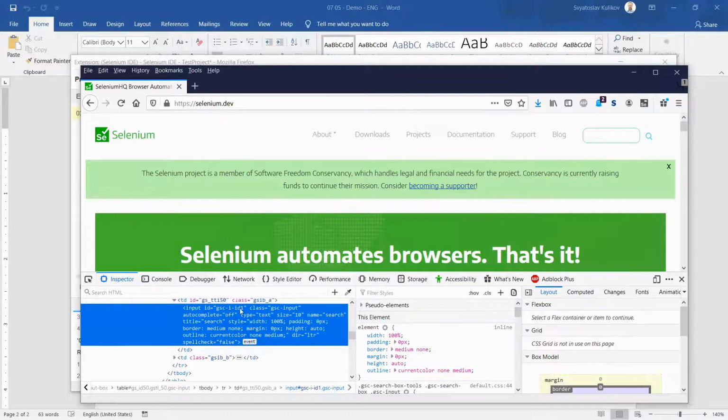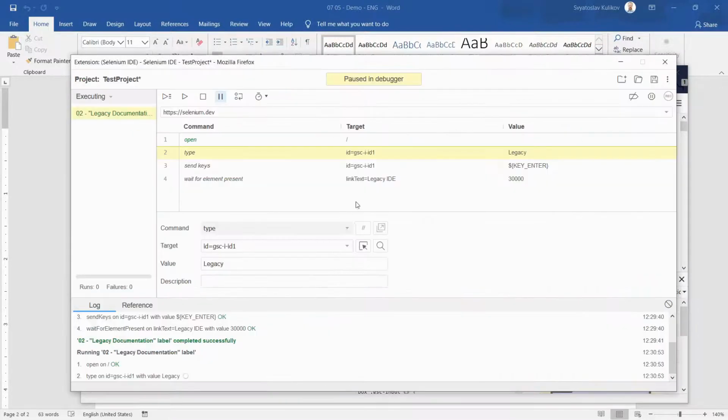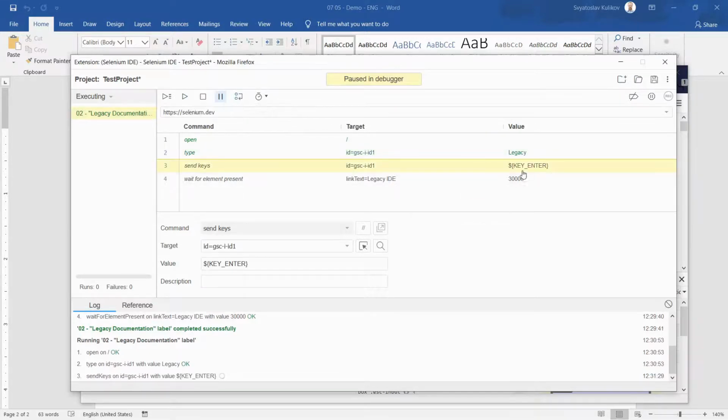It doesn't matter how strange it is, we still may use it. And we see the same value in our test here. So that's how Selenium IDE knows where to paste that string. The enter keyboard key event will also be sent to this field.